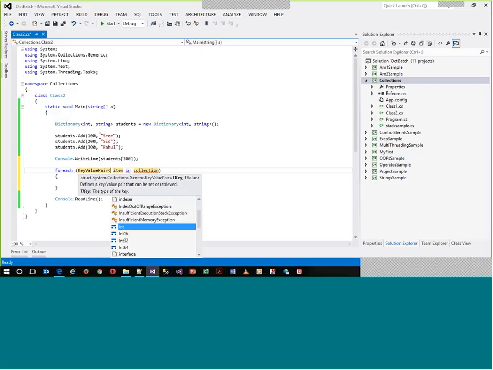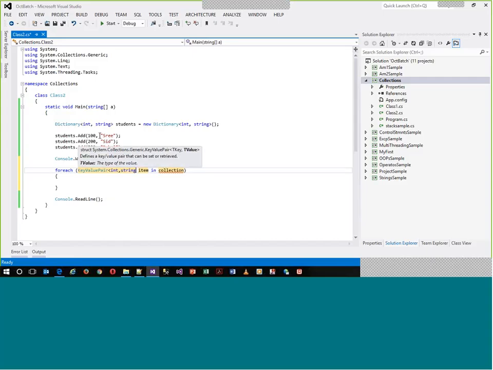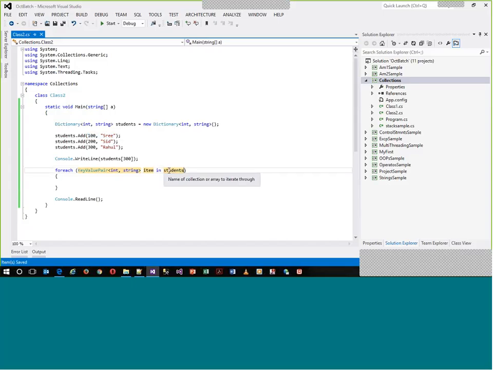And you have to provide what is the key: integer comma value string. Which means each item in this dictionary is a set of data which contains a key and a value. That's why we will use this class, which represents each data item in this dictionary, and the collection is students.